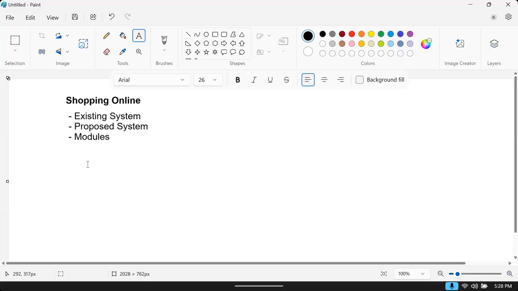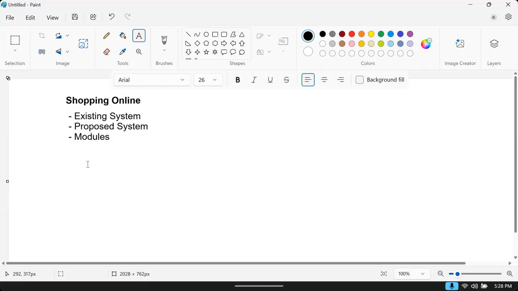That means what this application will do, in which phases it will do, and what are the modules involved in this. Every project has modules, every application has modules. For example, in the last session, you remember, I told you in a business, modules will be there.